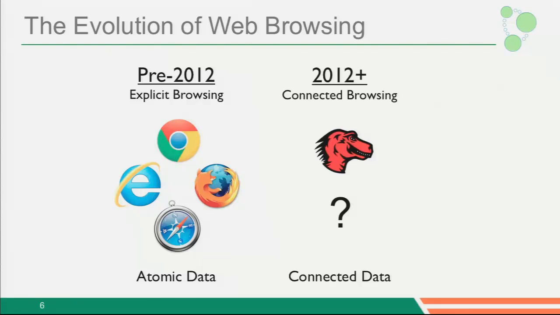And now there are 2 projects. I can only talk about one of them publicly, but 2 of the main alternative web browsers that aren't owned by a big corporation are now looking into exploiting connected data to build the next generation of web browsing. The one that I can talk about is Mozilla Pancake, which is Mozilla's browser in the cloud, which is incidentally completely based on Neo4j, a graph database, where they start using graphs and connected data to take the next generation of web browsing. This industry seems to be at the tipping point. If these 2 are successful, either these 4 old big guys will have to move to exploit connected data or go out of business. Question?